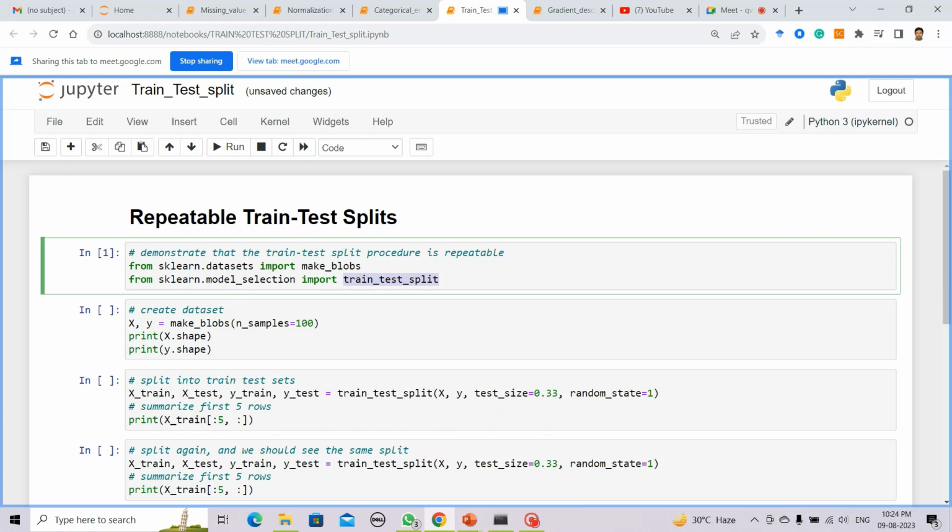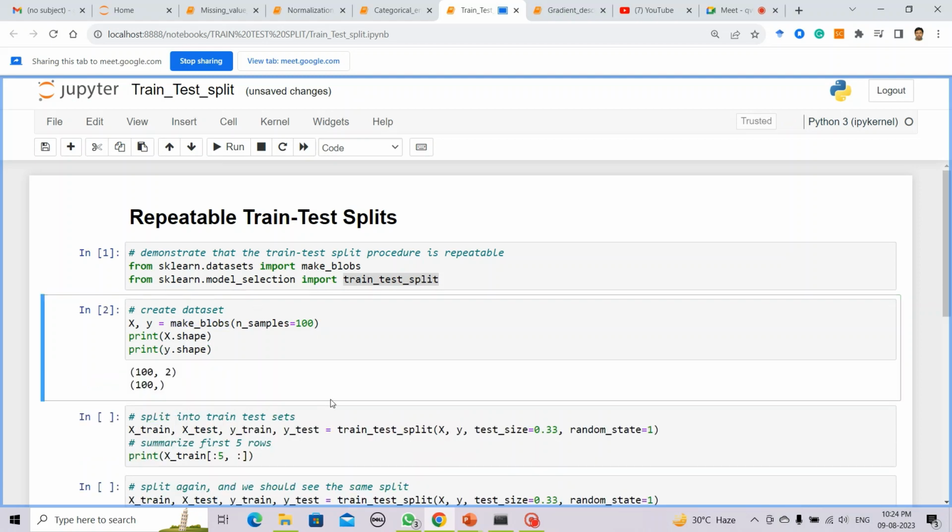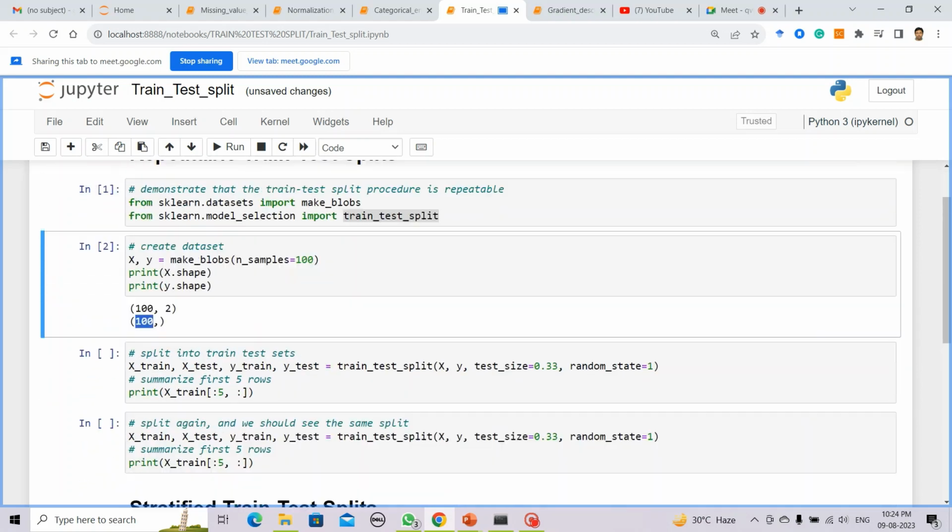What I have done, I have created a data set actually, okay, by this make blobs function presented in the sklearn dot dataset. So it is representing 100 comma 2. What does it mean? It means that the total number of features is 2 and total 100 points are there. So y dot shape is 100, means total 100 number of points. And I want to divide into two part,